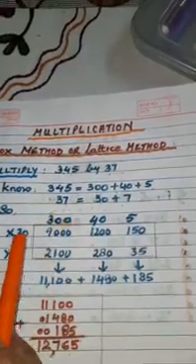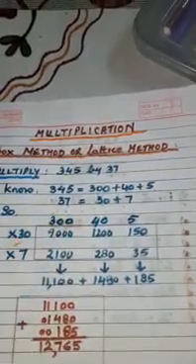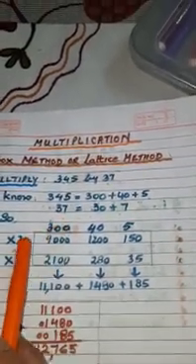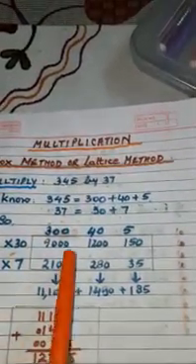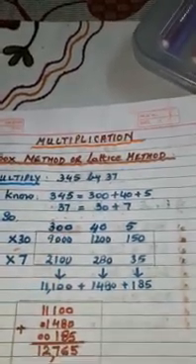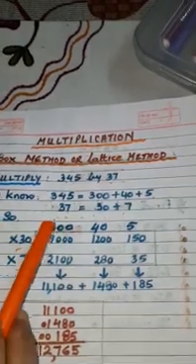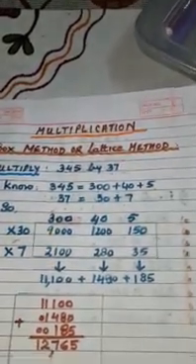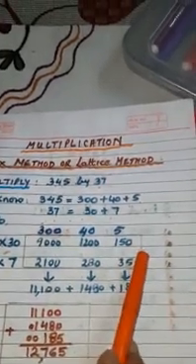Now we are going to see 300 into 30. How many zeros are there in total? 1, 2, 3. So we are going to write 3 zeros first. Now which numbers are left? 3. Here is also 3. So 3 3s are 9. So this is the way we are going to write the first row.